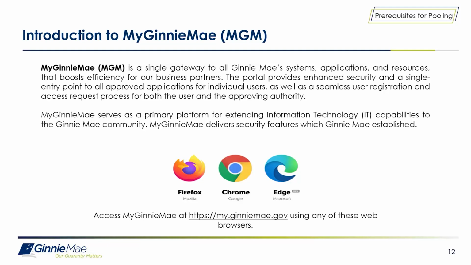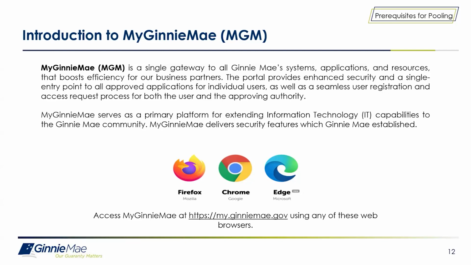The portal provides enhanced security and a single entry point to all approved applications for individual users, as well as a seamless user registration and access request process for both the user and the approving authority. My GenMay serves as a primary platform for extending information technology capability to GenMay's community. My GenMay delivers security features which GenMay